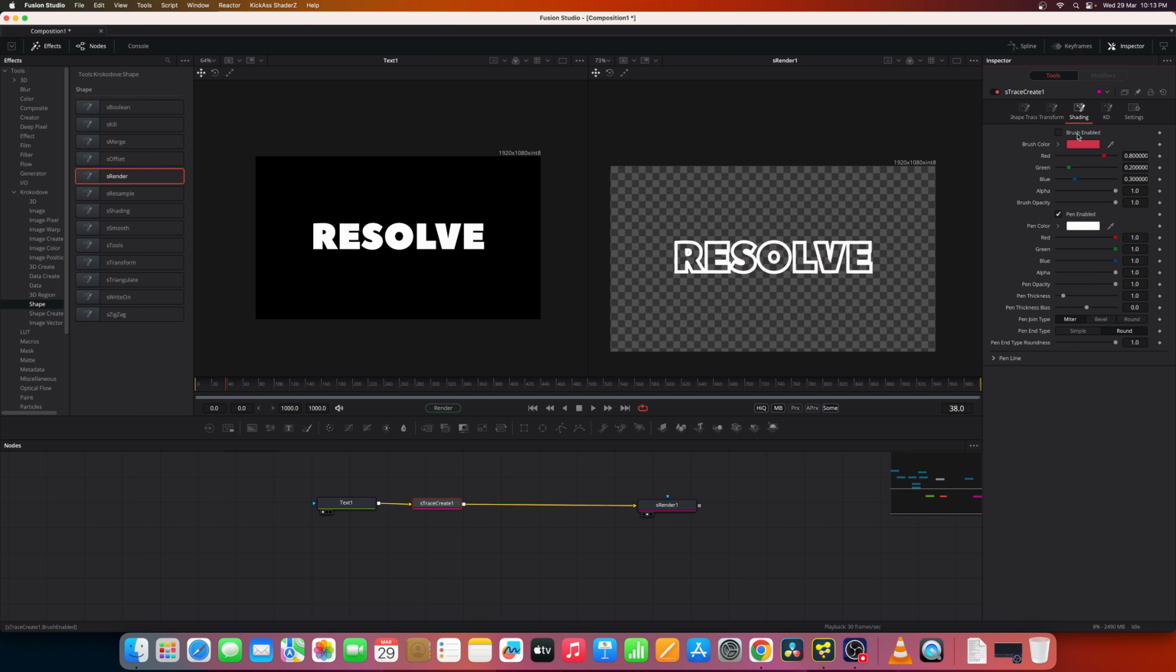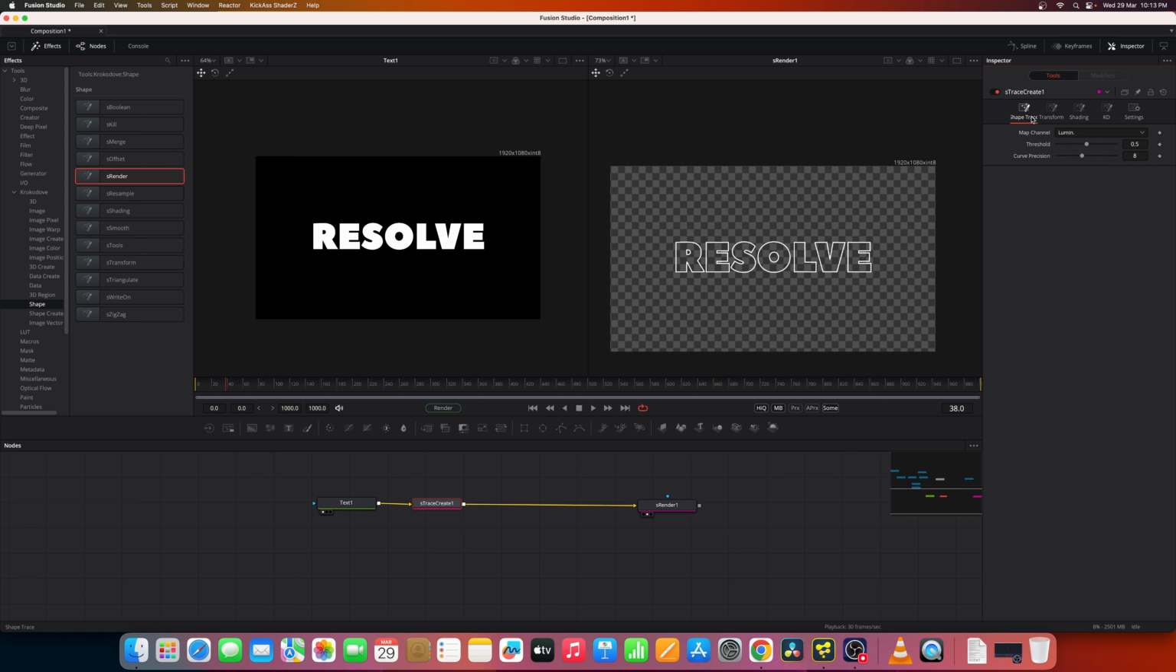Here in the shading, you have this brush enabled and pen enabled. You can reduce the pen thickness or opacity. You can play with that, and you can also make it dashed, dotted, or any custom settings. Let's keep it at solid for now. And okay, yes, trace great. So now that we have this, you can use some other tools like